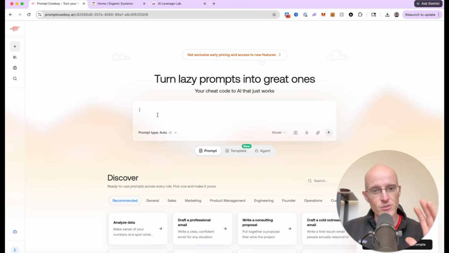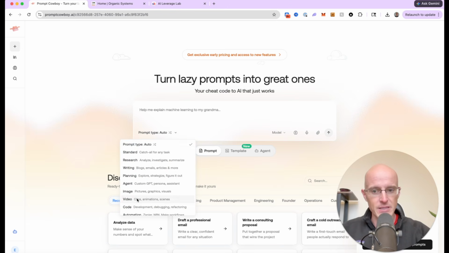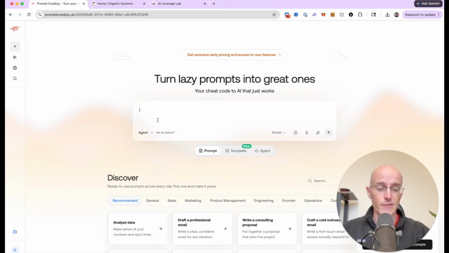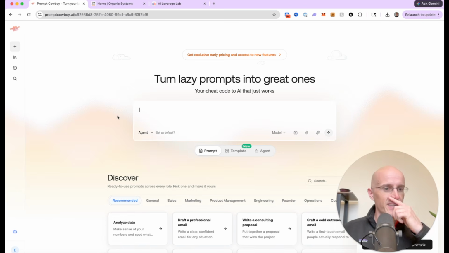By the way, I'm about to use a dictation tool that just types what I say, so bear with me. But I'm going to give you an example of why this is so powerful, and I'm going to select the agent prompt. If this is all new to you, don't worry. Literally just go to promptcowboy.ai. It's totally free, and then use the agent tool here. And what I'll say is,